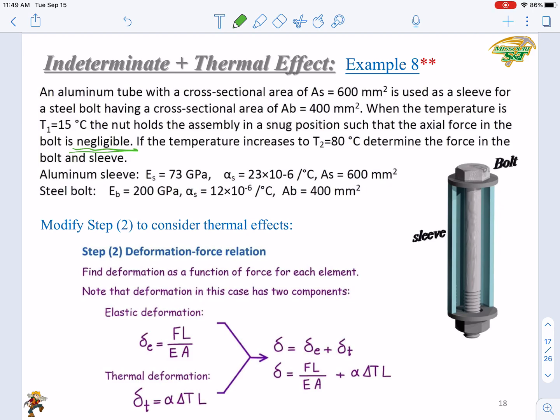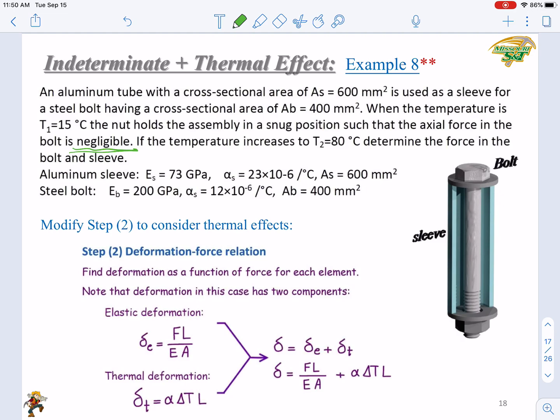Okay, so as I mentioned, this belongs to our category 2, since the sleeve and the bolt are tied together. So when you heat it, both of them will be elongated. Then since the sleeve is aluminum, it has a larger thermal expansion coefficient, so it will tend to become larger. Then the steel bolt will not allow it to become larger than the steel bolt, right? So the sleeve will be compressed and the bolt will be stretched, right? So this is the basic